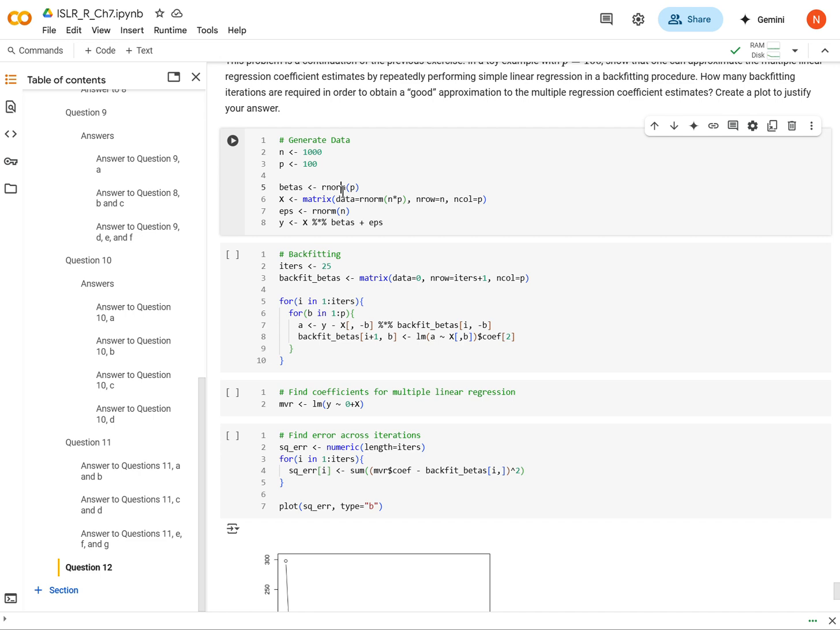Right, because each beta is associated with an X term, okay? And I hope that makes sense. And so I'm going to create a matrix here that is n by p. In other words, I have 1,000 observations. Each observation has 100 things that were measured. So think about it as 1,000 people, and we measured 100 blood markers, or